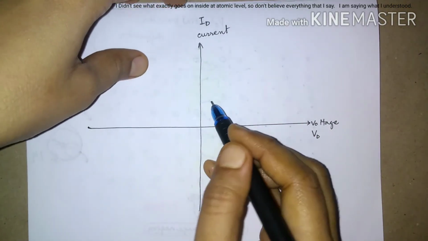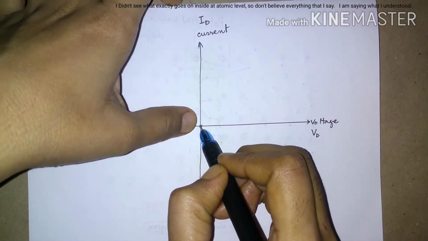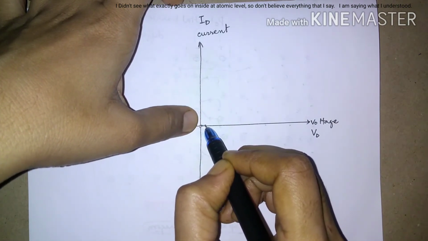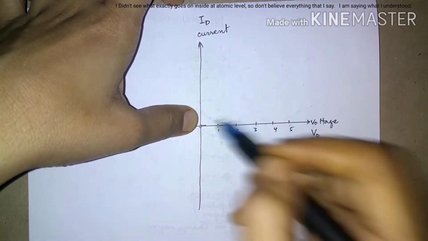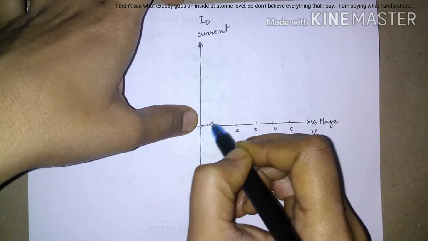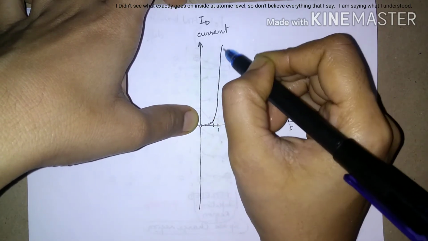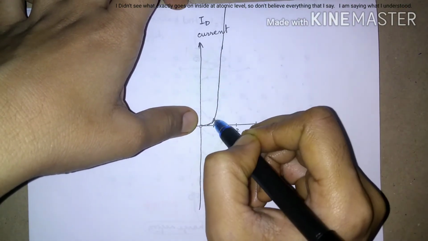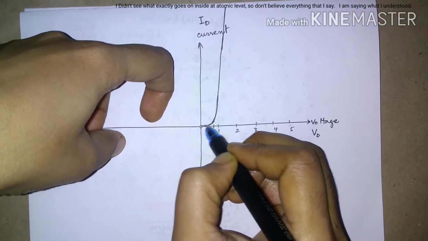what if I take a graph and apply slowly 0 volts, then 10, 20 volts. As I apply from 0, it starts, let's say this is 1, 2, 3, 4, 5, something like that. At 0.7, the diode starts to conduct, and then at most it goes to 1.1, something like that. It does not go more than that, and current rises like anything. This is how a diode switches on.